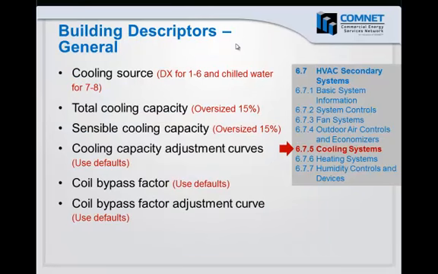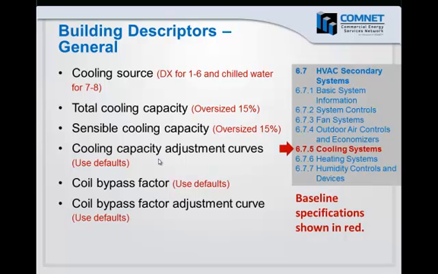Moving on to cooling systems, these are the building descriptors: the cooling source, which can be chilled water or DX, cooling capacity, sensible capacity, cooling adjustment curves, coil bypass factor, and the coil bypass adjustment curve. What I've done through this presentation is I've shown in red next to each building descriptor what the baseline